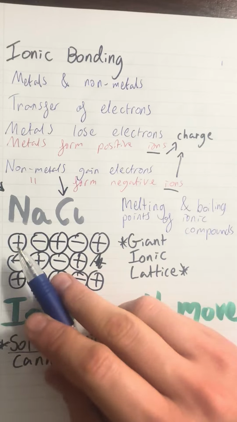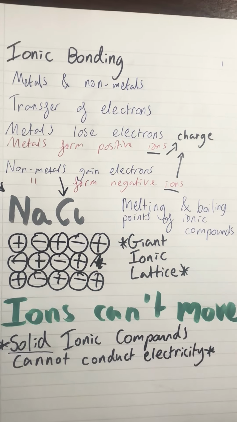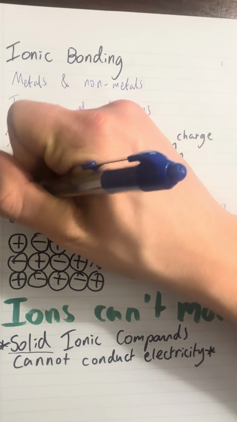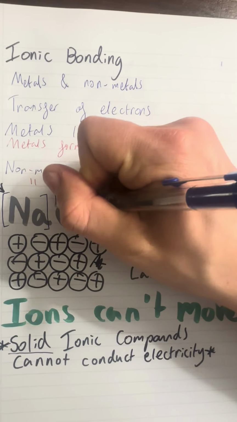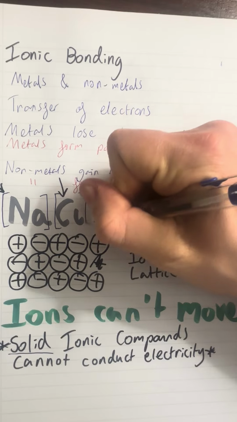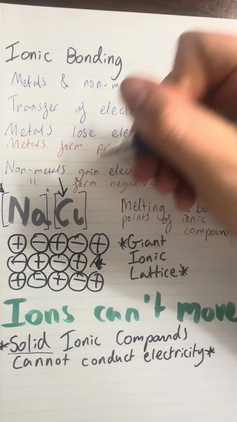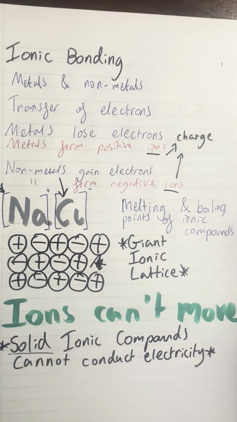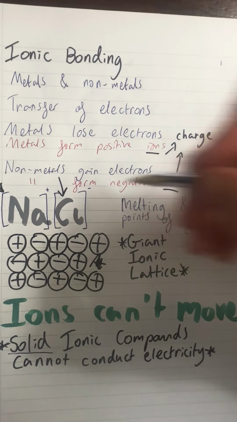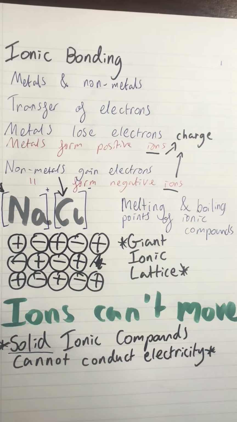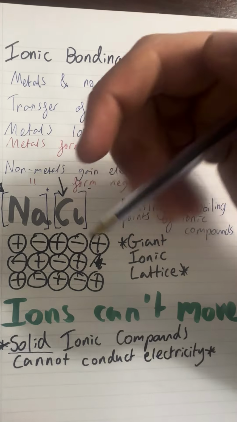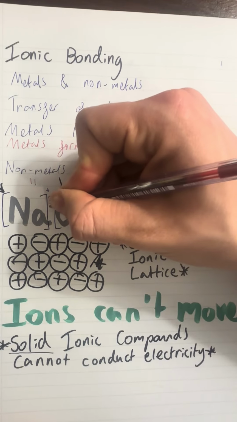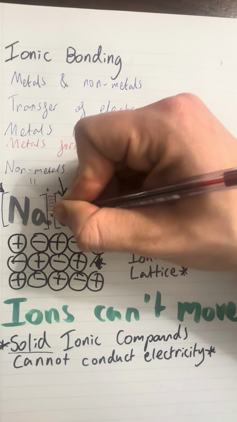In between the positive and negative ions, square brackets means it's an ion. That one is going to have a 1 positive charge. That one is going to have a 1 negative charge. In between these oppositely charged ions, remember, oppositely charged things attract, there are going to be strong forces that I'm representing here